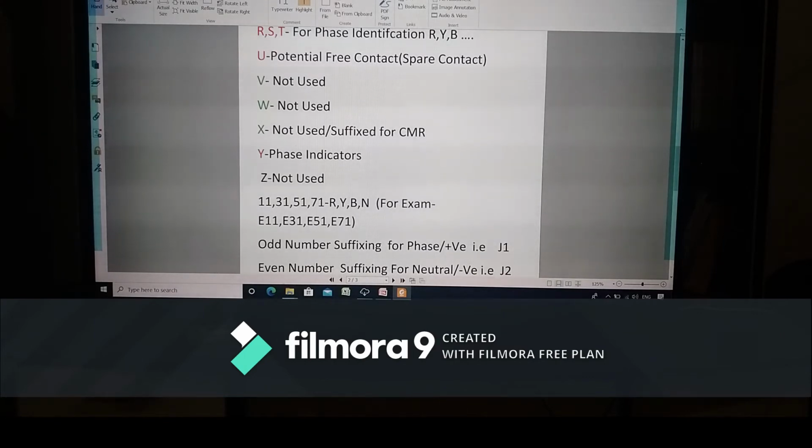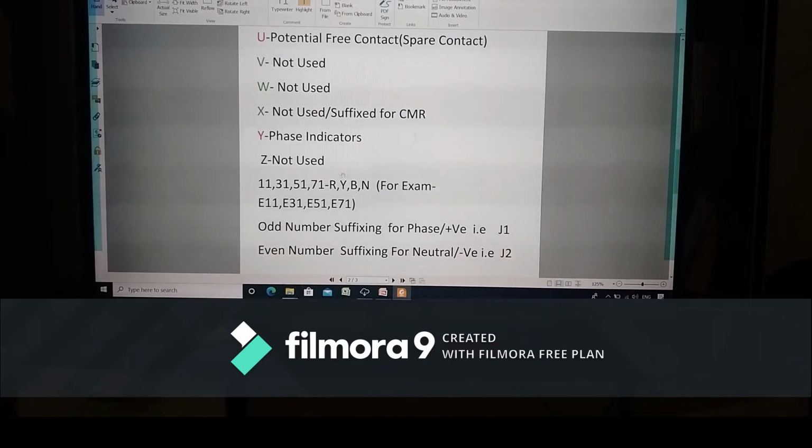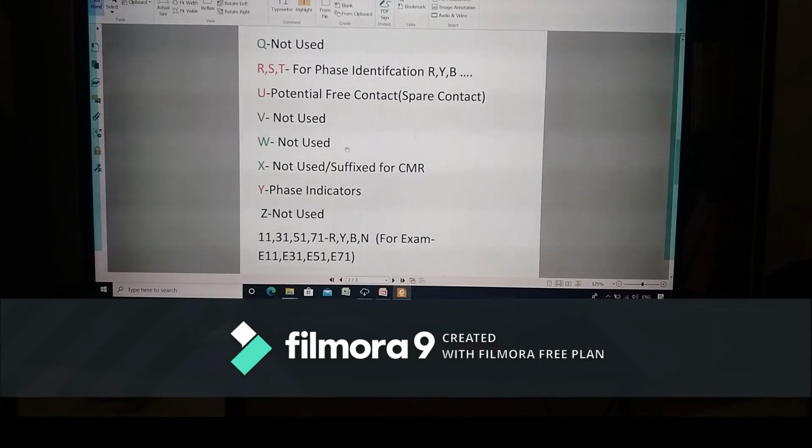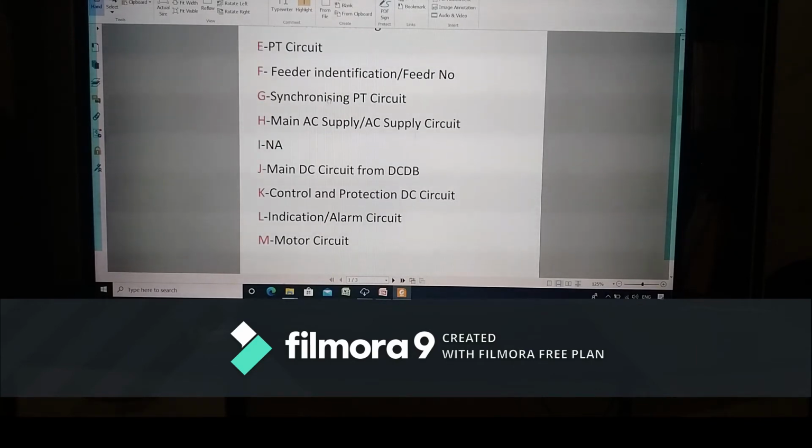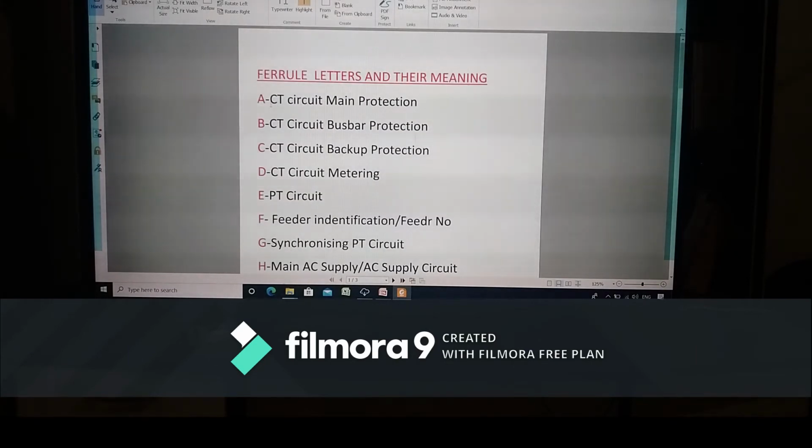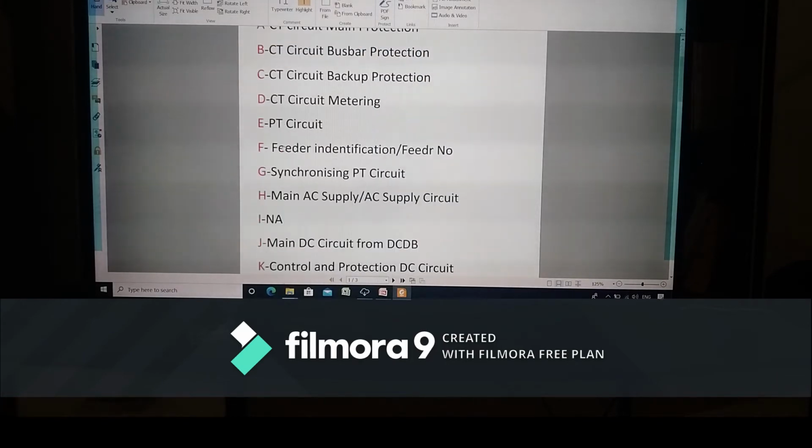Also, somewhere for contact multiplication relay, it is suffixed with K, so we will see that below. And another is Y, for phase indicators. Okay, now we know these letters and their meanings in control wiring drawings or control wiring ferrules. So now